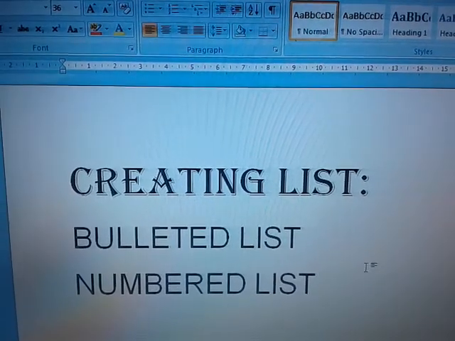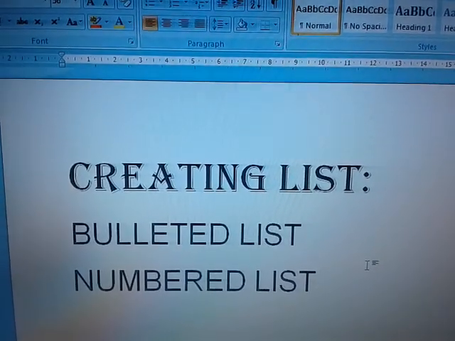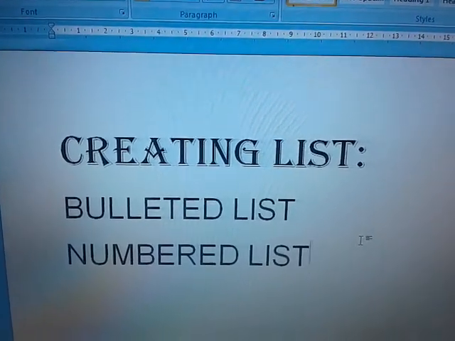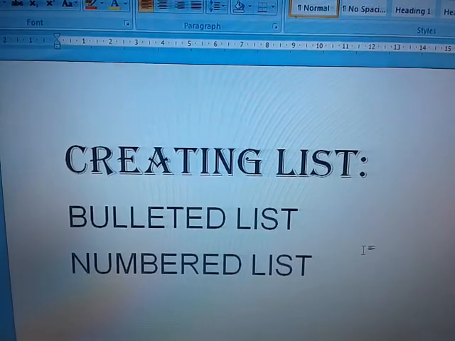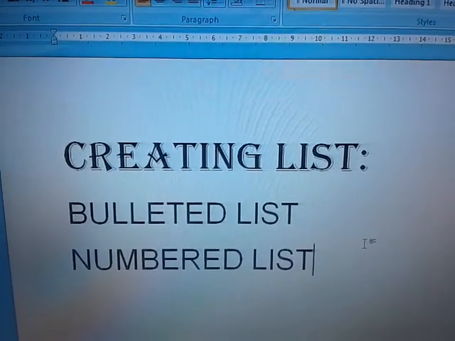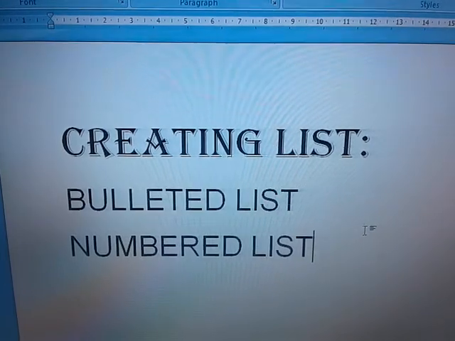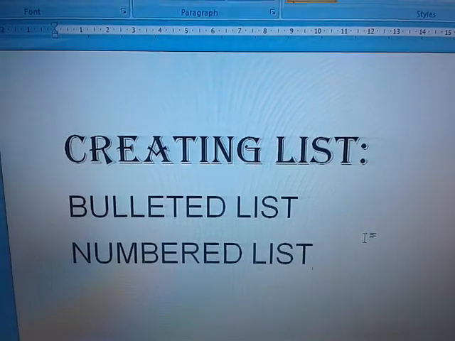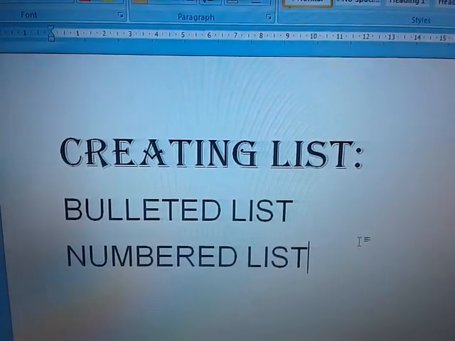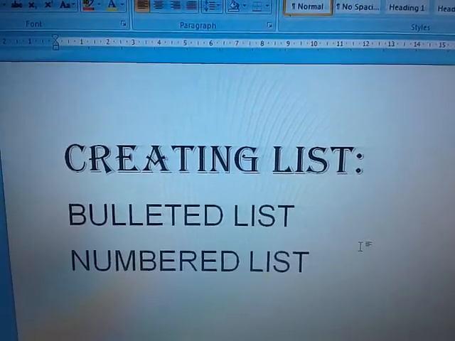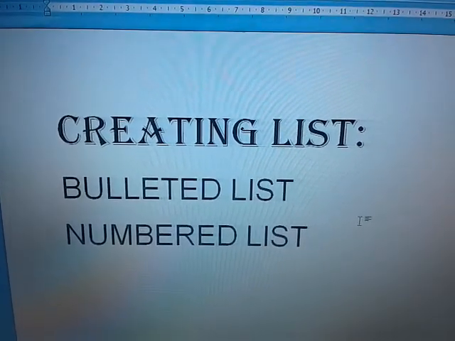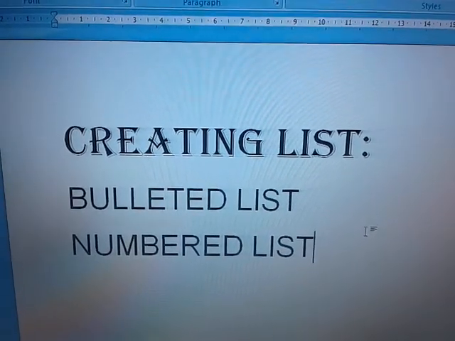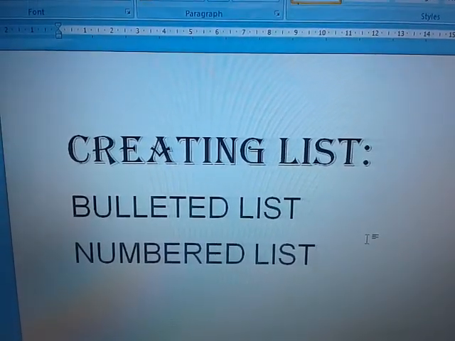Suppose we are going to make a fruit salad. Before we make a fruit salad, we will have to make a list of fruits that we are going to include in the salad. It may be a written list, it may be a mental list. So let us consider that we are going to write a list of food items that we are going to put in the fruit salad. Over here, it does not matter which fruit you give first or which fruit you give second. So in this case we can make a bulleted list. I'll show you how you can write it in the document.